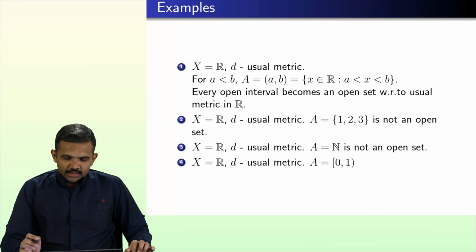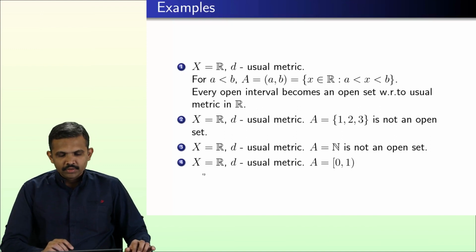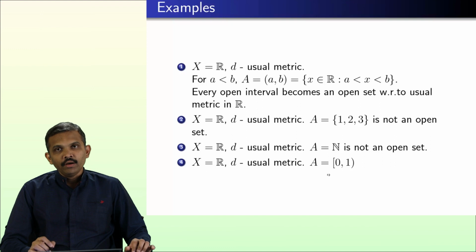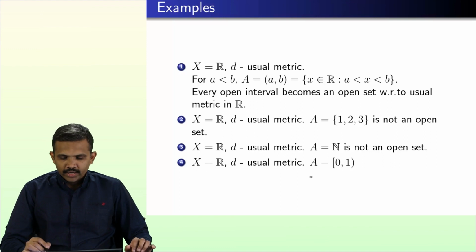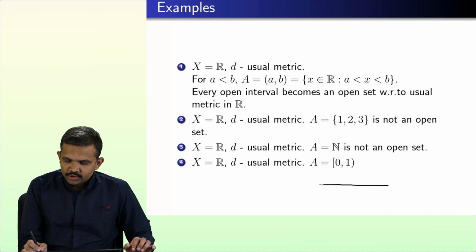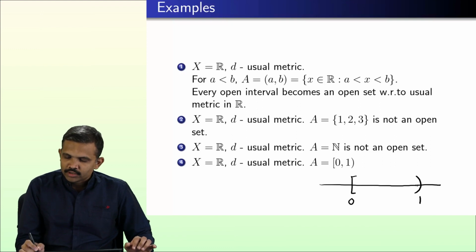Going ahead, let us take the set of real numbers again, usual metric, and now I am changing the set to an interval where it is closed 0 to open 1. Now, again the situation is almost similar, because if I take closed 0 to 1, interestingly for every point between 0 and 1 you will be able to find some radius around that point